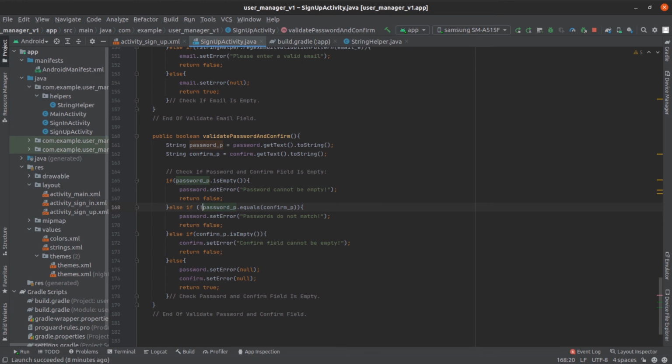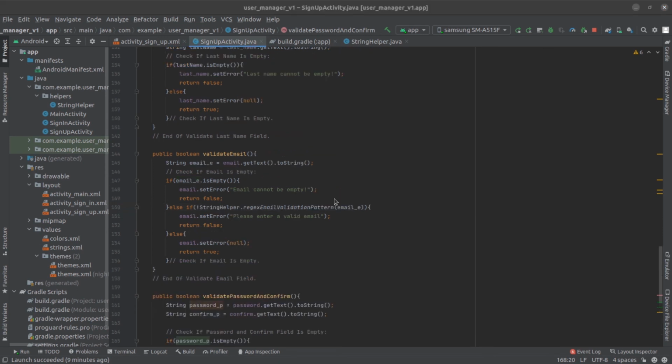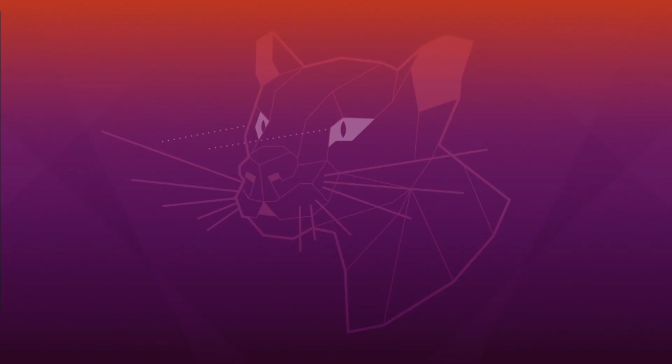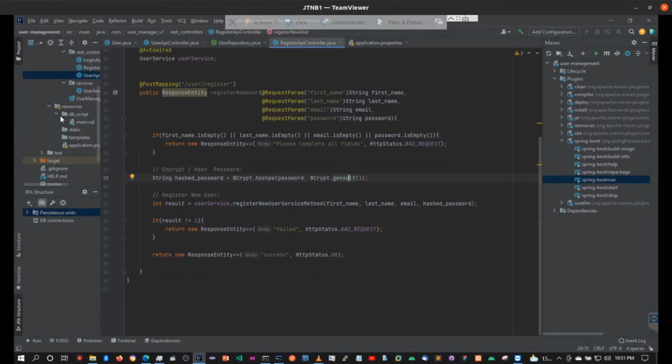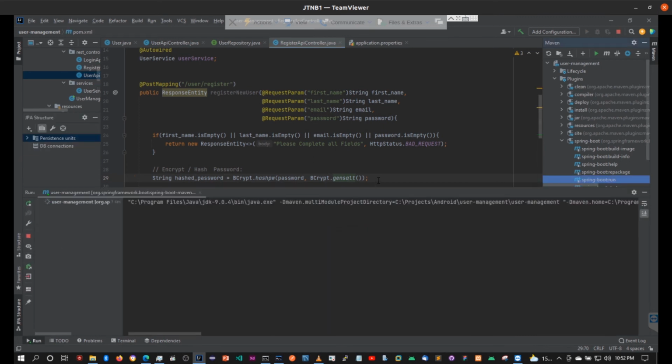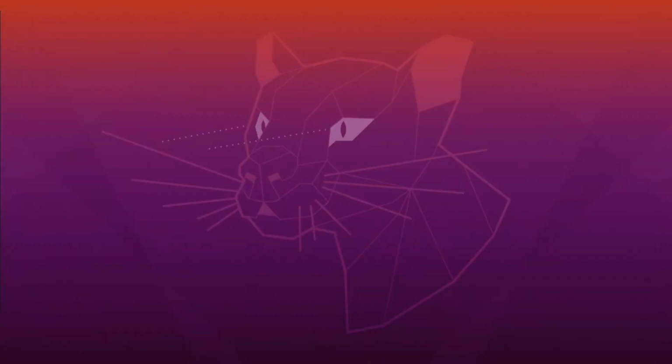Now the other thing that I noticed was that when I put in the incorrect password, it did try to register the user, but it did give an error. That's because I forgot to actually run the, where's that project? I forgot to run the project where I have my Spring Boot REST endpoint running. So I'm just gonna run that project now, and then while that project is running, again we're gonna come back